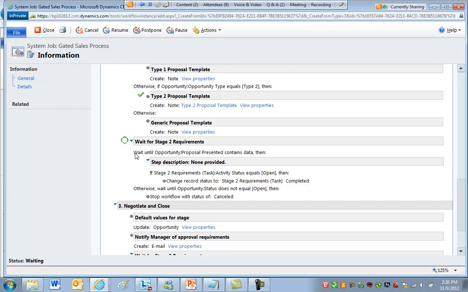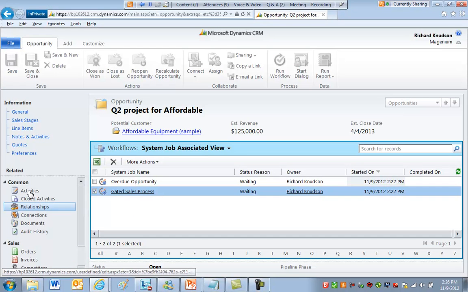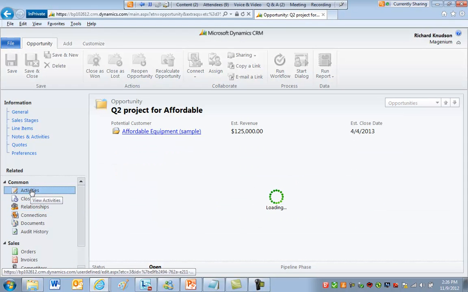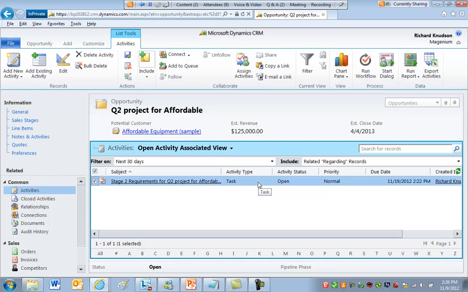So what we're doing is we're waiting now until the proposal presented contains data, and then the way this workflow works, it actually creates a task for each stage. So here's my activities, here's my open activities for this opportunity. So I've got a stage 2 requirements task. This would push down to my Outlook if I'm using the Outlook client, so I'd get the reminder and all that, right? But it tells me, if I look at the task,